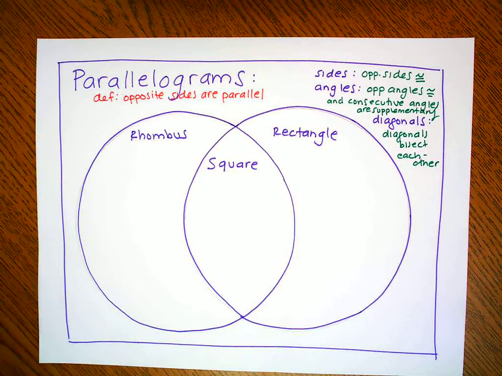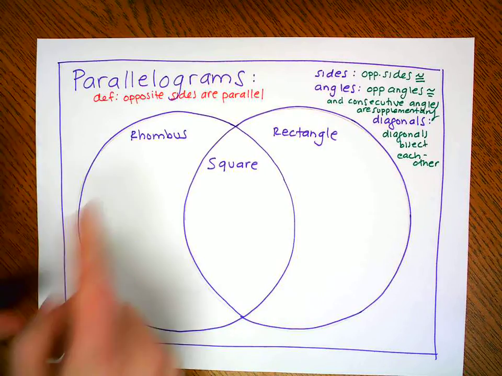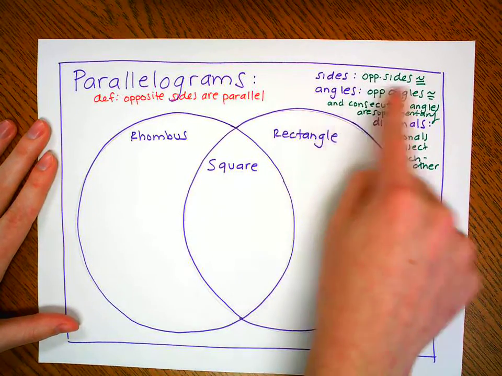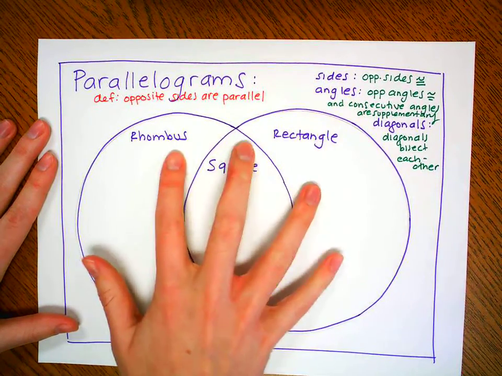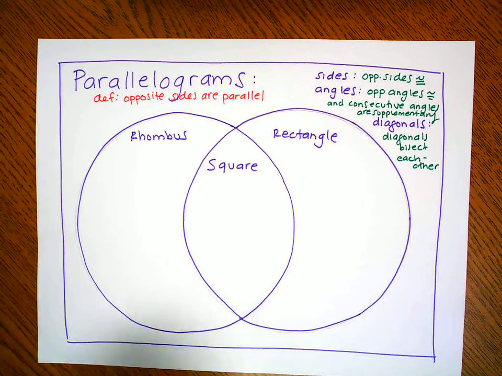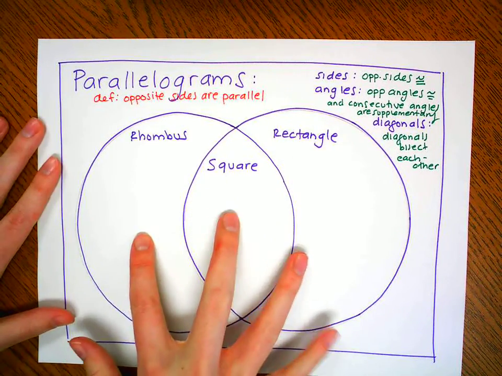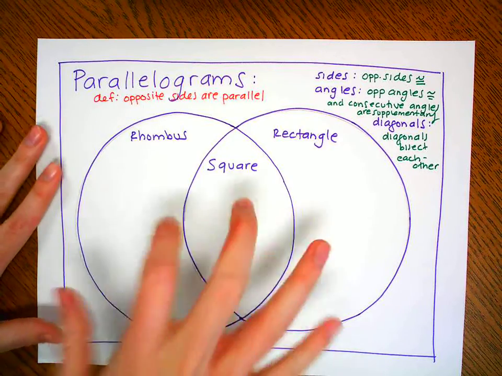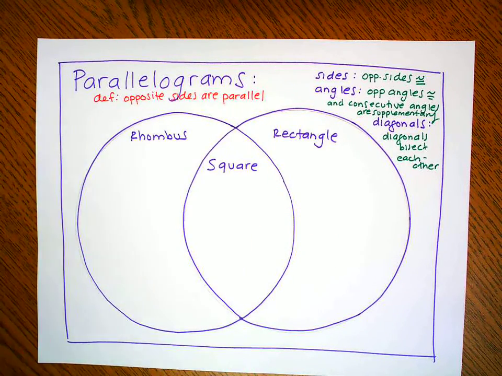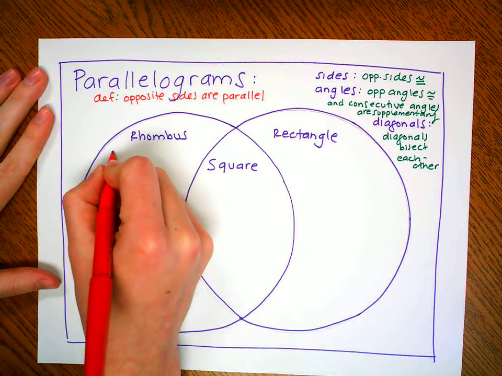Those are our big rules for all parallelograms, which means rhombuses, squares, and rectangles sides are also, opposite sides are congruent. These three shapes, opposite angles are congruent and their consecutive angles are supplementary. And for all three of these, their diagonals bisect each other because these are subsets of parallelograms. They're just more specific. So we know that a rhombus